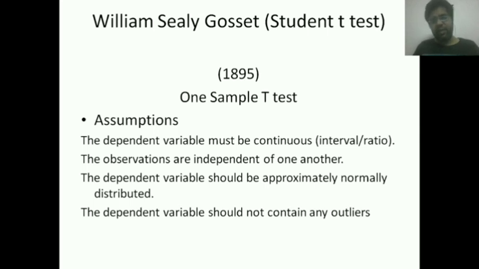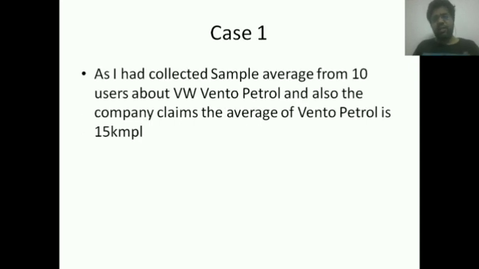The second is the data should be independent of one another. The data should follow normality. And fourth, as I said, it should not contain any outlier, otherwise the mean is affected. One more thing I would like to add: when the data is less than 30, we can use the one sample t-test. There is a small case which I have discussed in this video.